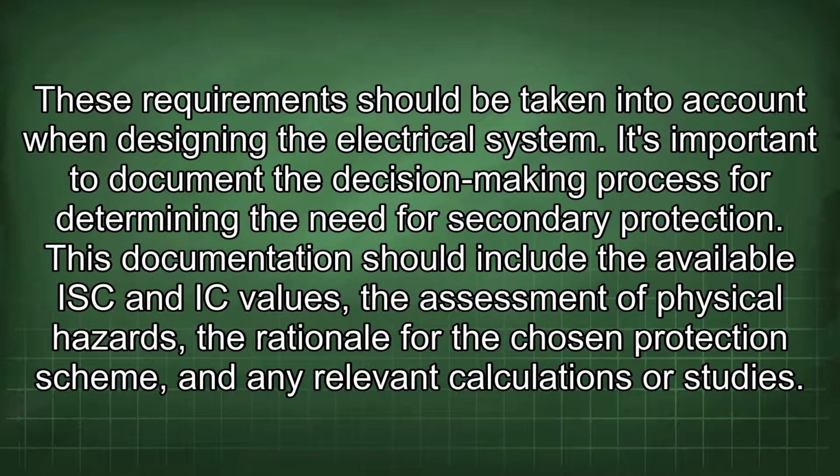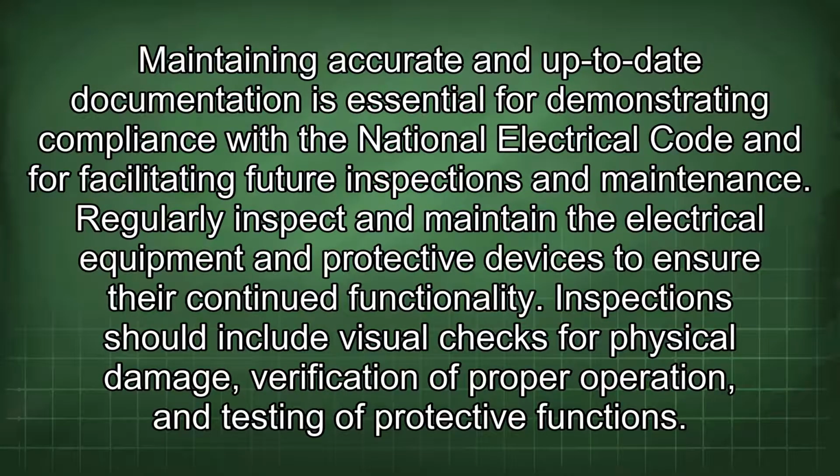These requirements should be taken into account when designing the electrical system. It's important to document the decision-making process for determining the need for secondary protection. This documentation should include the available ISC and IC values, the assessment of physical hazards, the rationale for the chosen protection scheme, and any relevant calculations or studies. Maintaining accurate and up-to-date documentation is essential for demonstrating compliance with the National Electrical Code and for facilitating future inspections